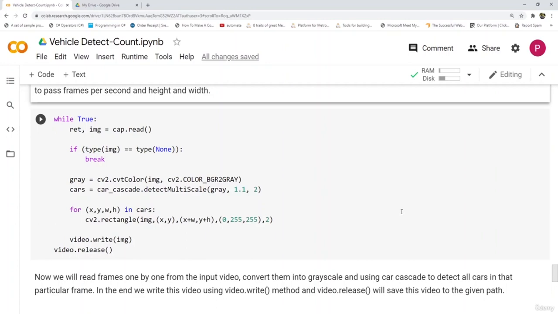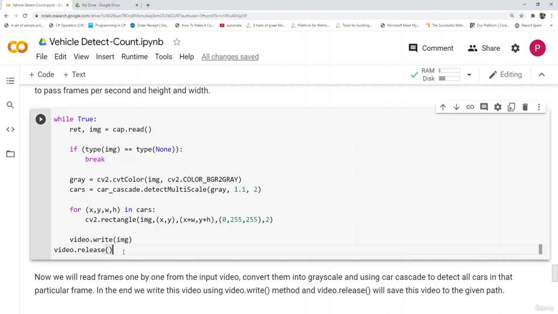And in the end, we'll write the whole video using the video.write method, and then save it using video.release to the given path. Let's run this cell.